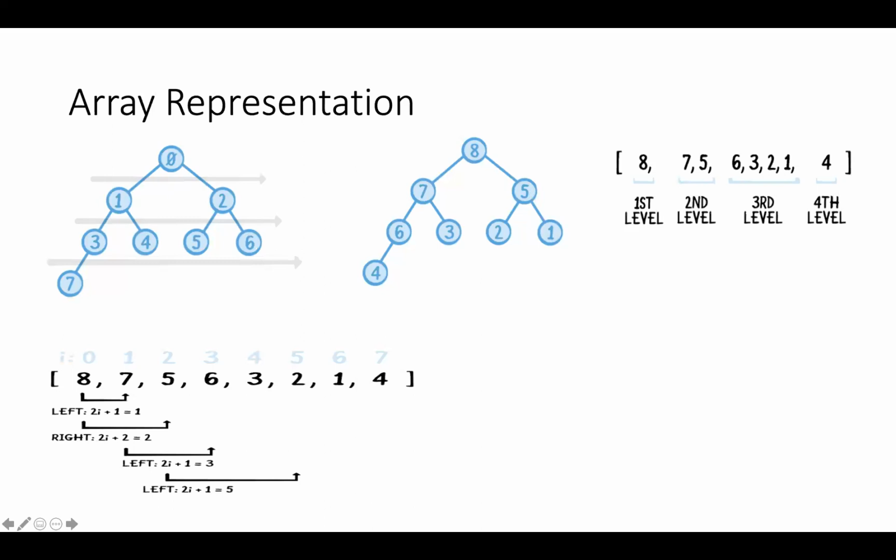So this is one of the properties we can use. If any array is given to me and I come to know what my last parent is, I can start from there to do my heapify operation, to make the given array a max heap. If the given array is not in max heap property, I can use this property that the last parent will always be at the n by 2 minus 1 location.